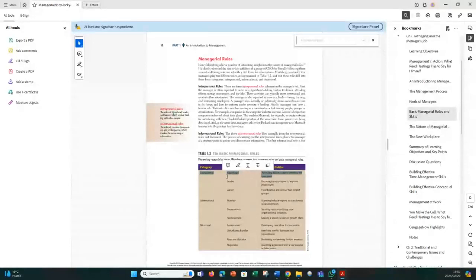And then disturbance handler, yeah, I think the reality in terms of going forward is because the world has become so integrated and so diverse that somebody needs to manage conflict, allocating resources, very clear in terms of budgets, and then the negotiator. It really is that person that's the interface between the organization and the trade union and obviously suppliers. I don't know if anyone saw what happened in Durban today.